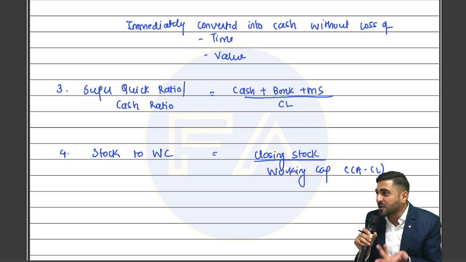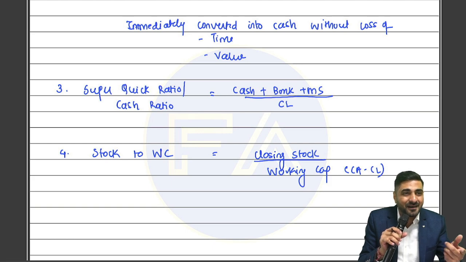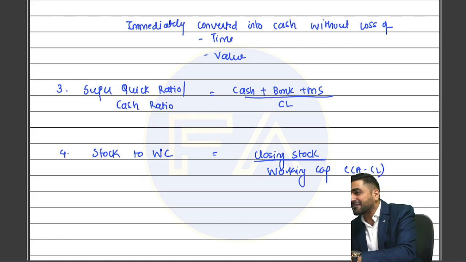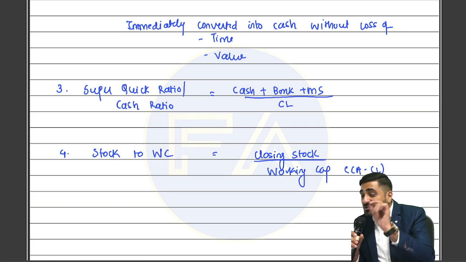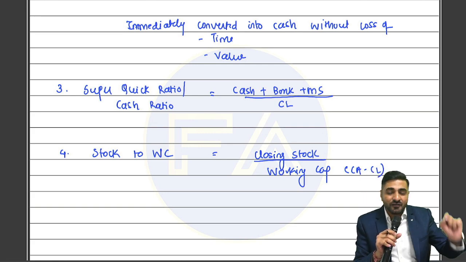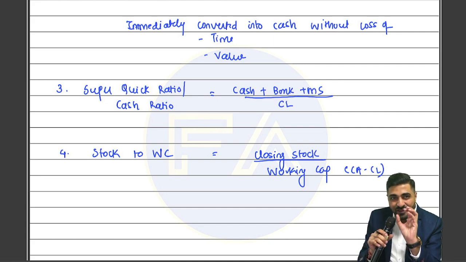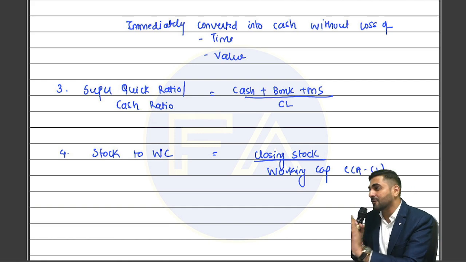And if there is no liquidity, don't you think it will be a little bit difficult for the company? Because when the company has to make payments to labor, wages, etc., how can they make the payment if there is no liquidity left? I cannot tell them to take my stock away, right? So that's why the stock to working capital ratio will help you understand how much of the working capital is in the form of stock and how much is the liquidity part.